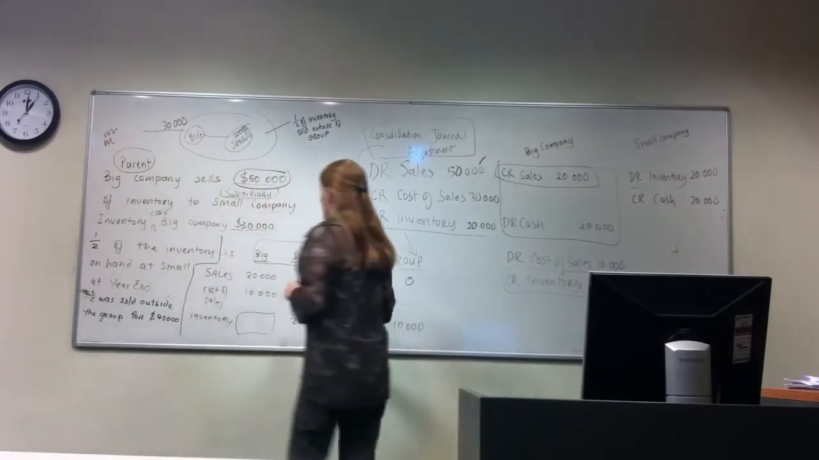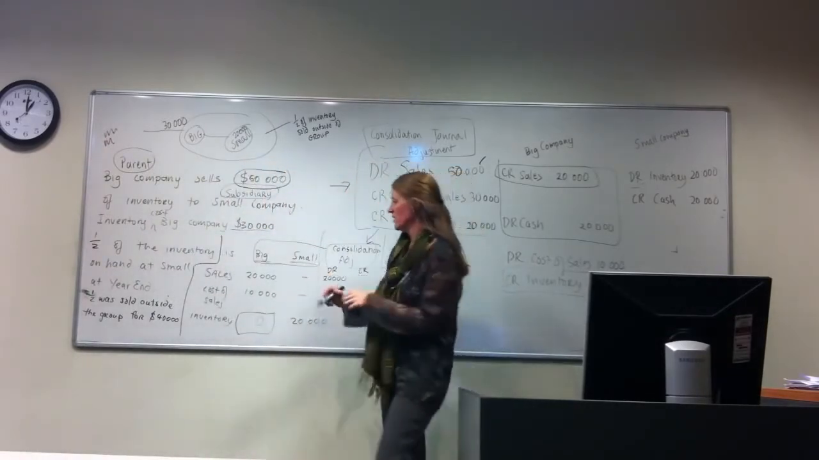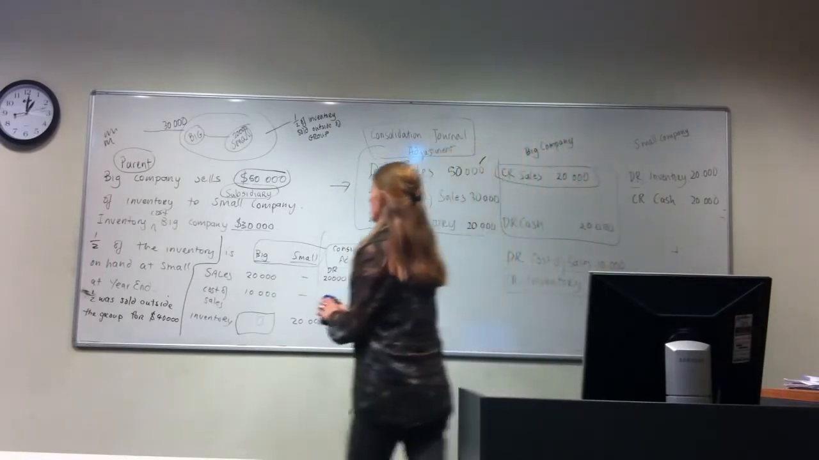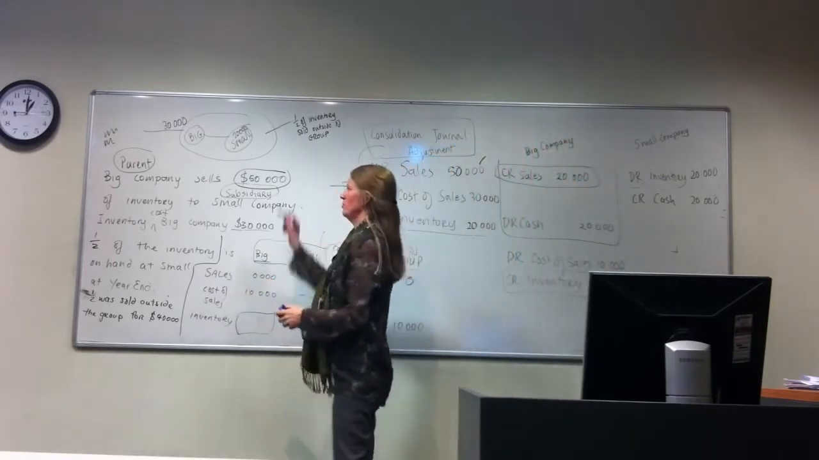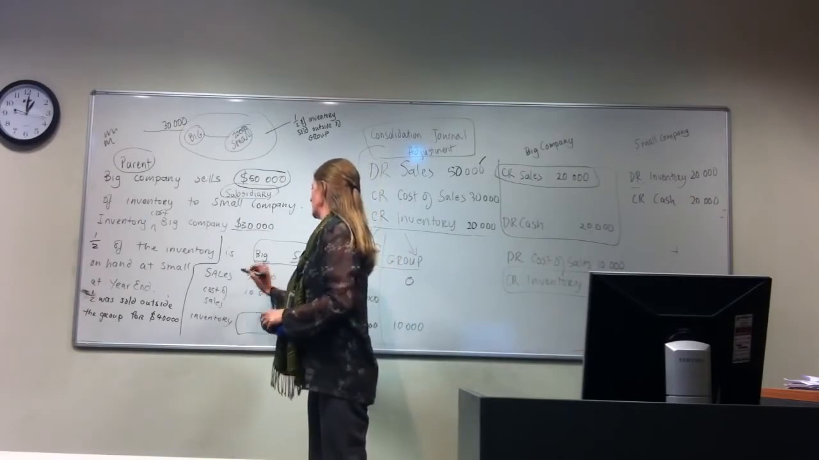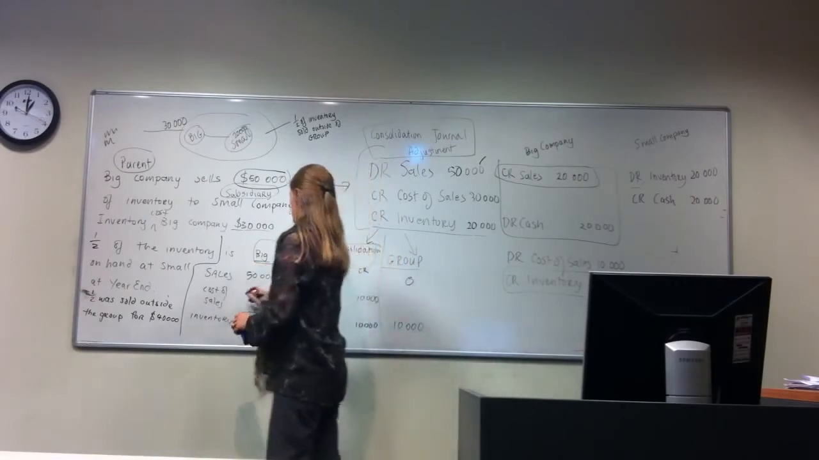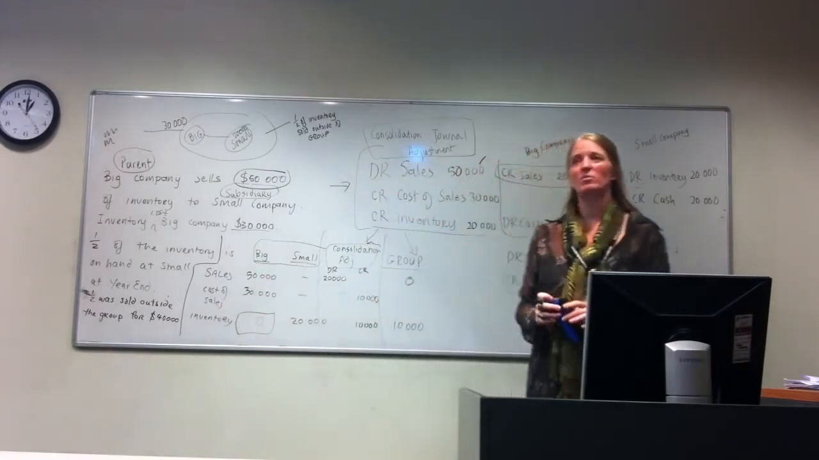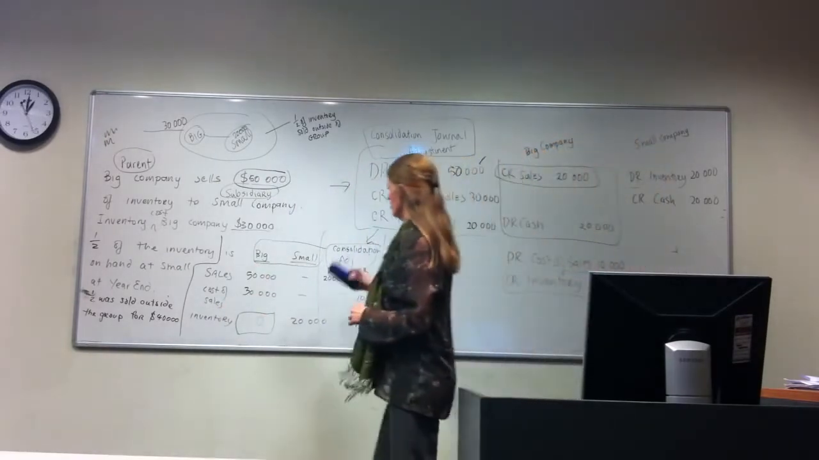What we're going to have in this case is sales, in the books of Big, of 50. Cost of sales would be 30. Inventory is going to be 0. Right? You're all happy with that? In the books of Small,